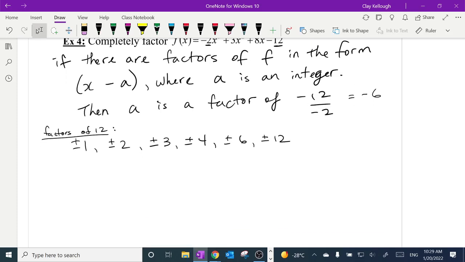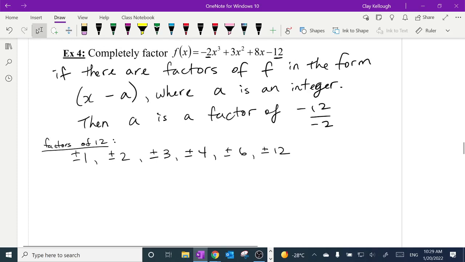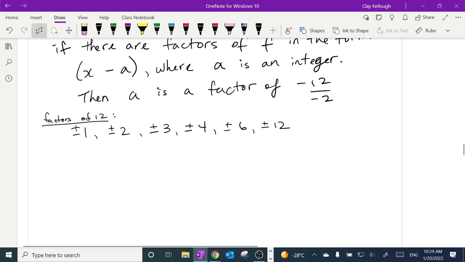What if I divided all those by 2? So actually, I shouldn't even think about this -6. That might be kind of misleading, because some of these numbers here you wouldn't think of as factors of 6 because they're going to be fractions. This is what's different about what you learned in grade 5. In grade 5, you stopped your factor tree when you got to whole numbers. But in this case, since I know that my factors have to be factors of 12 that are mitigated by dividing by 2,